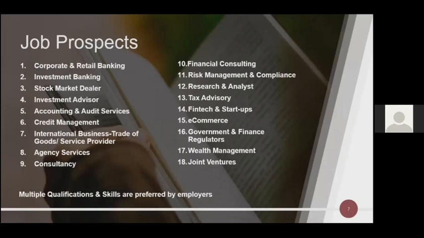Sixth one is credit management. This is one of the top emerging careers at present if you see in the market. Before granting a loan to any customer, be it a high net worth individual, a corporate, or a trust, banks need to analyze whether the customer can repay the principal as well as the interest. Then what is their salary or inflow, how is their financial standing, liquidity, and so on. Organizations hire several credit analysts for this entire analysis, so you can definitely try getting into this area.